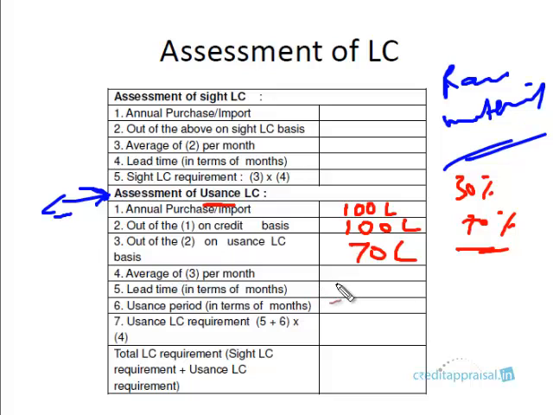So let us calculate per month how much it's coming. Let us assume this is 72, so 72 by 12, 6 lakhs per month. The company is going to import 6 lakhs worth of raw material. Then there's something called lead time. The supplier is not in the neighborhood, not a next door neighbor. He's situated across the ocean. So there will be some lead time.